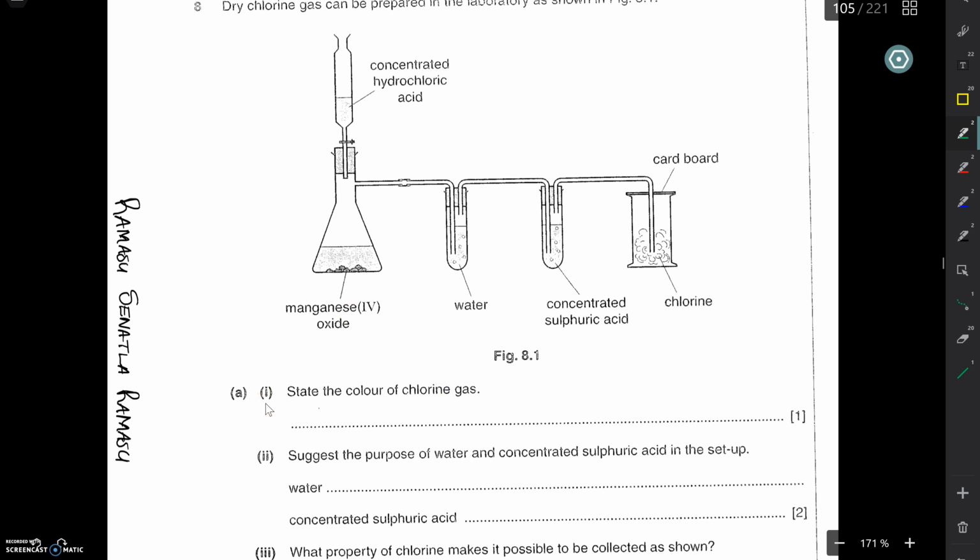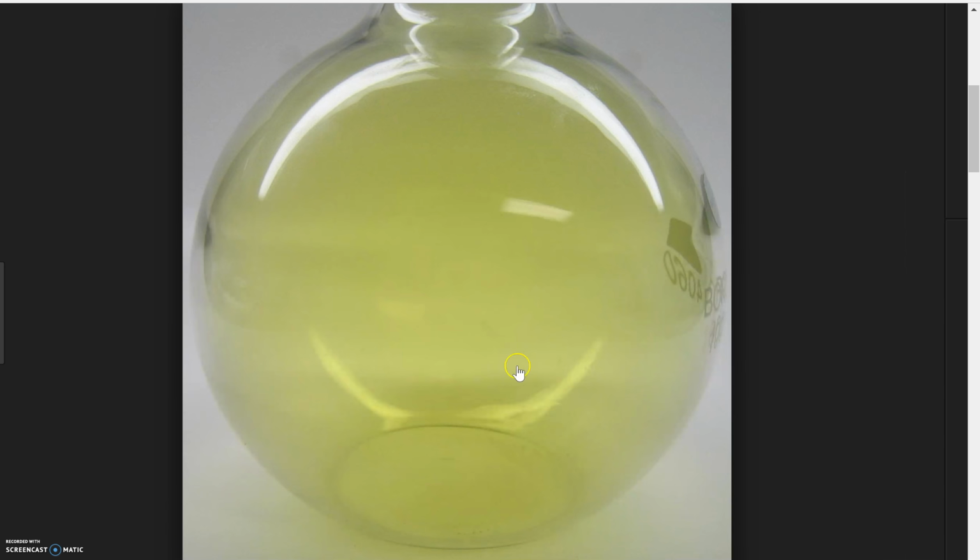Then part A says state the color of chlorine gas. Well, chlorine gas is yellow-green. That's a picture of chlorine gas in a round-bottomed flask. Okay, so